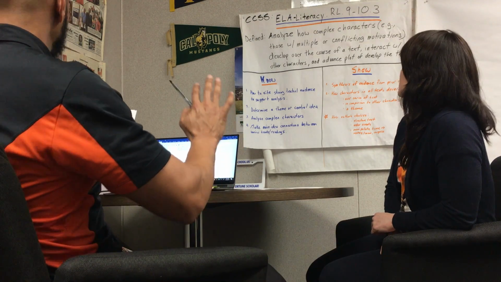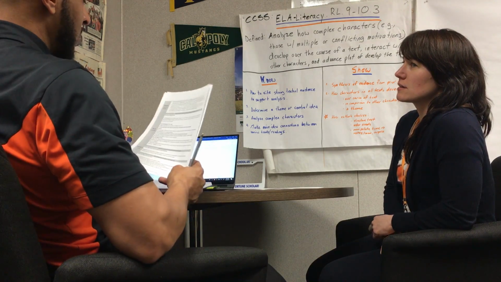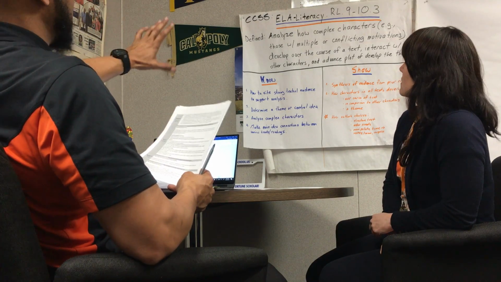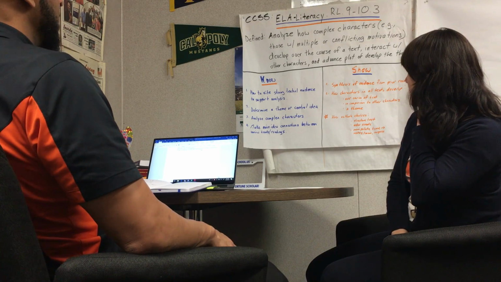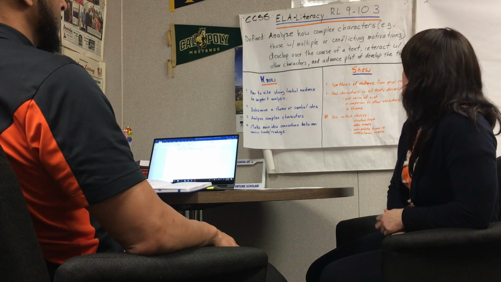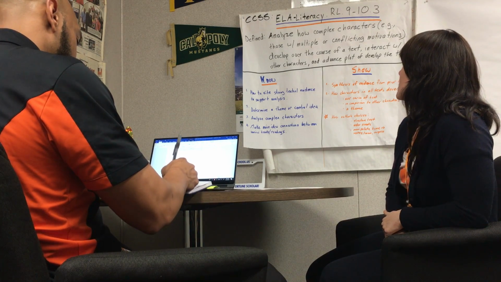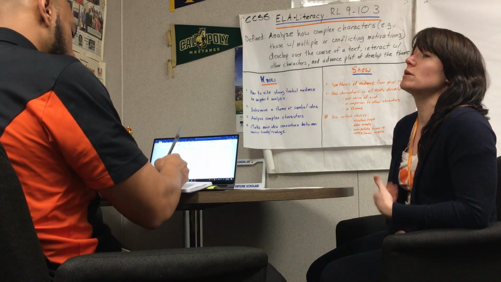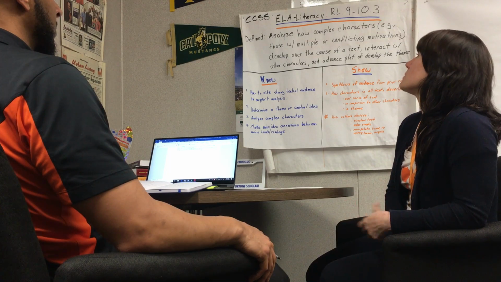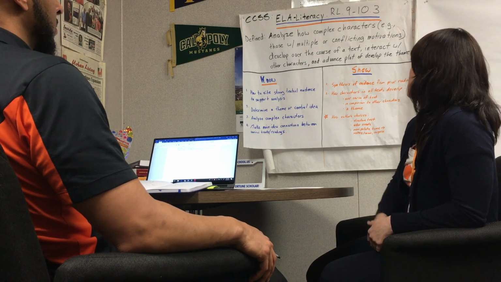I was just curious, in your own words, looking at this, what do you think students need to know that will lead to mastery of the standard? First, they need to understand how to analyze. I teach them the basics of that with the why, how, and so what. So instead of telling me what happened in the story, ask me why it happened, how it happened, and so what: what does this imply for future events, or what does this teach us about the character's intentions, or what could we use to foreshadow.